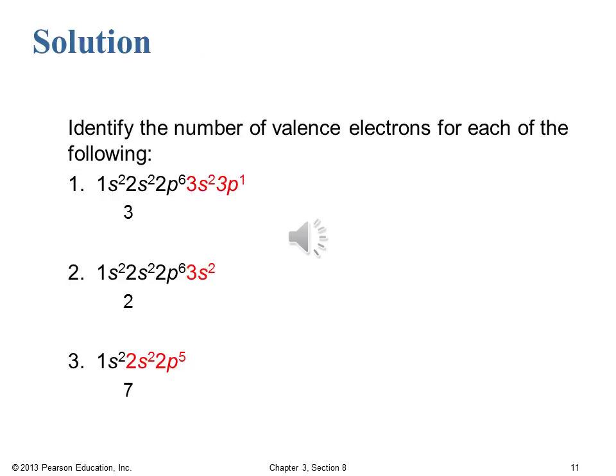Okay, so when we're looking for valence electrons, we're looking for the highest value of n. So for number 1, that 1s2, 2s2, 2p6, that's all core electrons. It's the 3s2, 3p1 that identify the valence, and therefore there's a total of 3. There's 2 electrons in the 3s and then 1 electron in the 3p, so 3 valence electrons. For number 2, again, the 1s2, 2s2, 2p6 is all core, and so it's just the 3s2 for a total of 2 valence electrons. And now finally, number 3, 1s2 is our core, 2s2, 2p5 is a total of 7